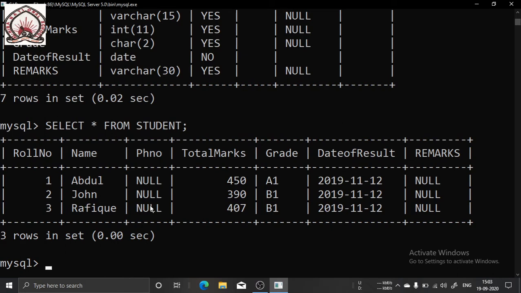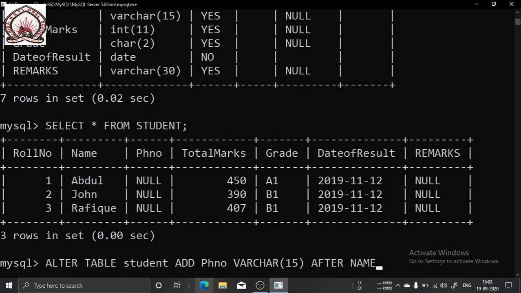So you can see the difference. In the first command I have not mentioned the place, so it got inserted at the last position, remarks. Here I mentioned that it should be inserted after name, so it got inserted after name. Suppose I want to insert a column at the first position, before roll number.